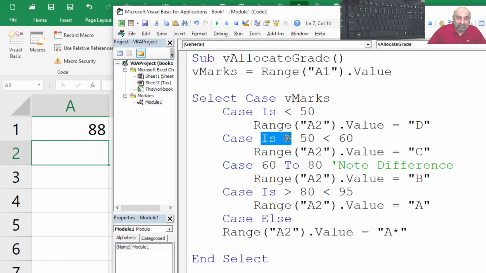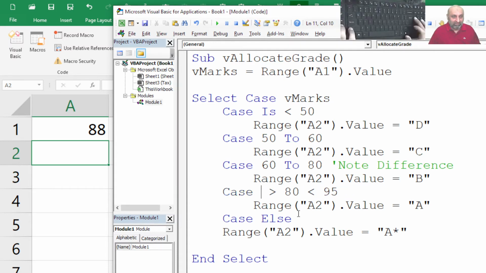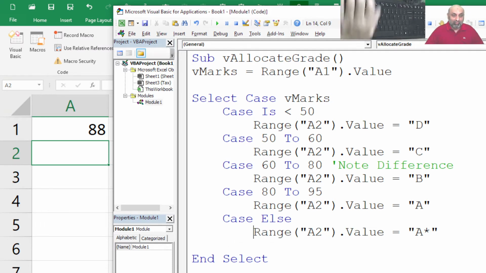If the case is 50 to 60, this is the correct format, then do this. If the case is 60 to 80, then do this, and if the case is 80 to 95, then do this. Case Else is when whatever condition is given above fails, do this in every other case.